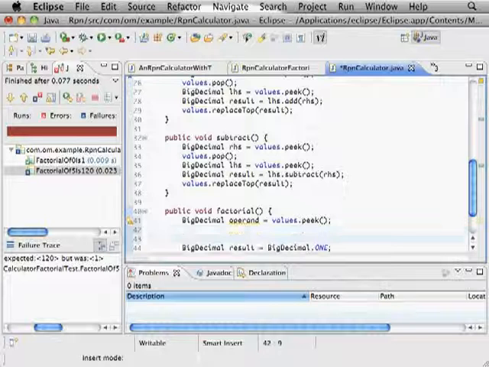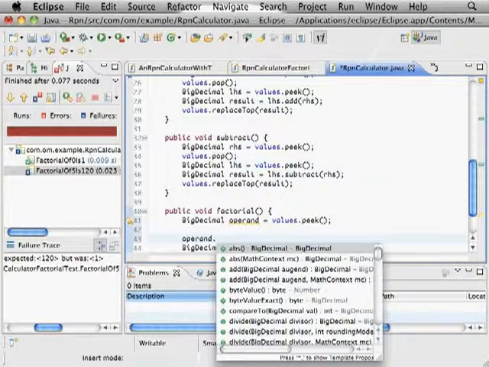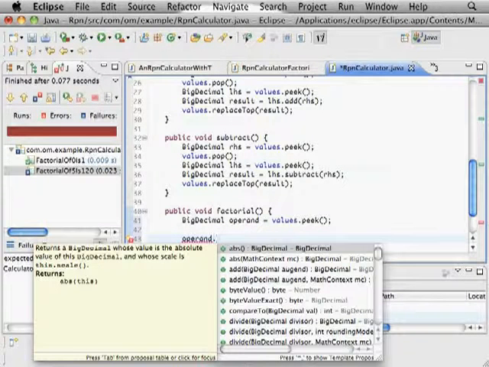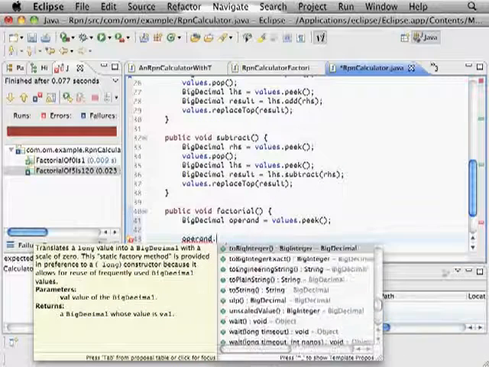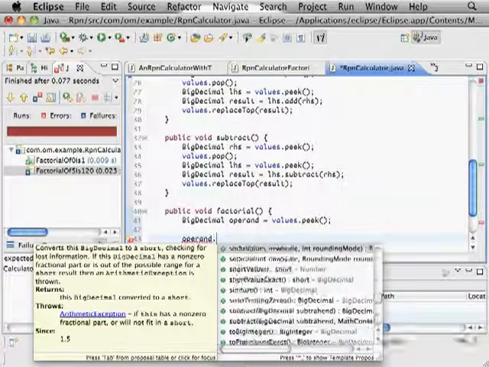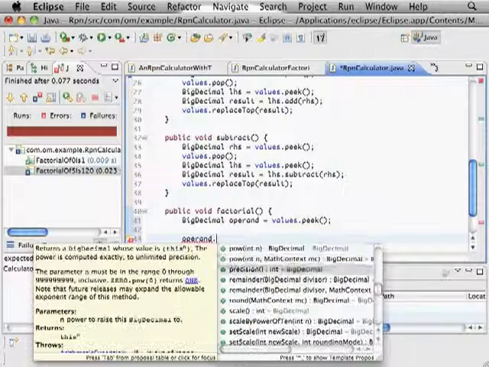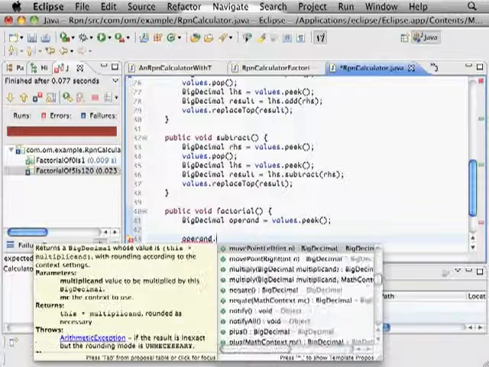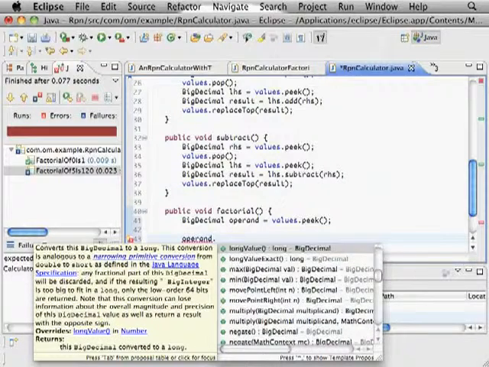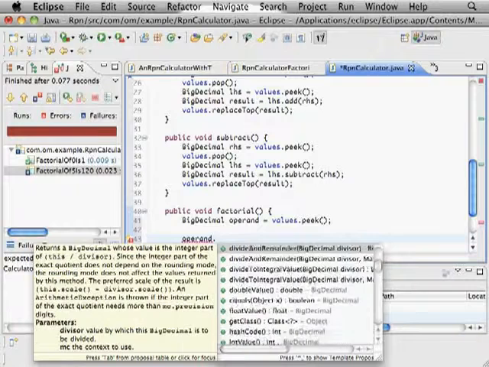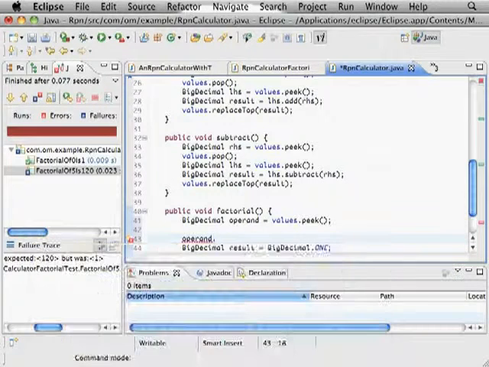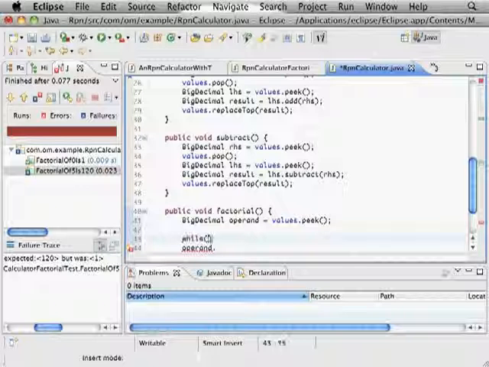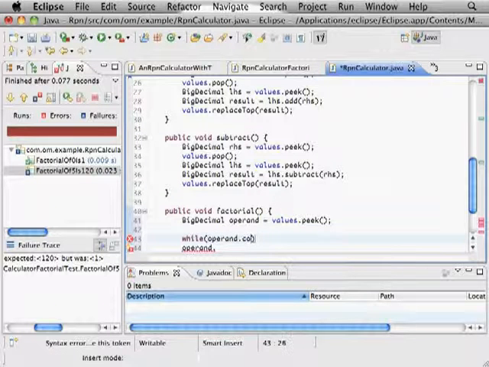Okay. Now let's see. Operand dot remainder, precision, pow. CompareTo. Okay, great. So while operand dot compareTo